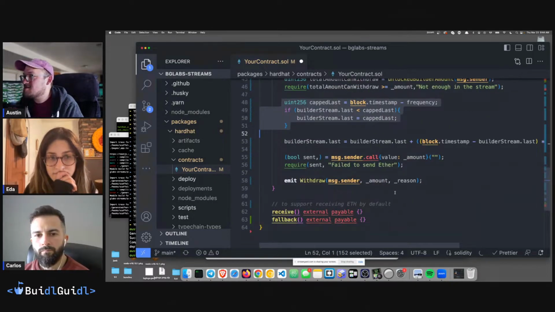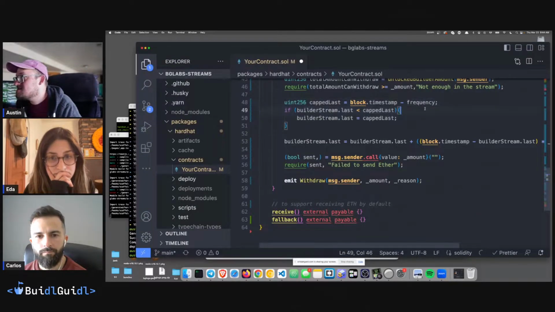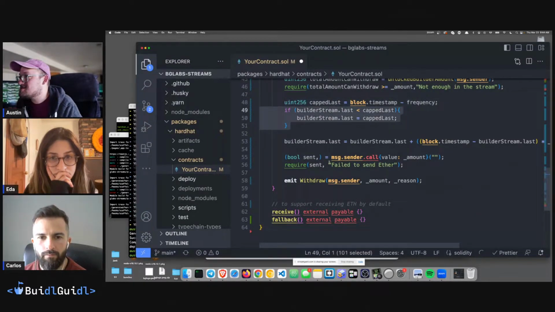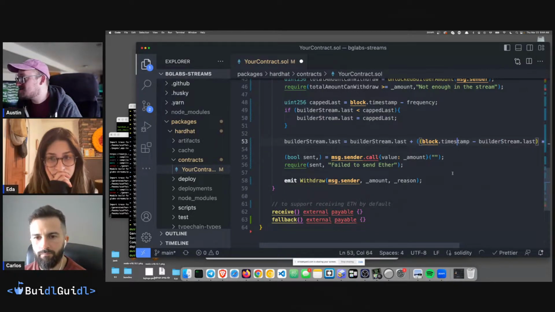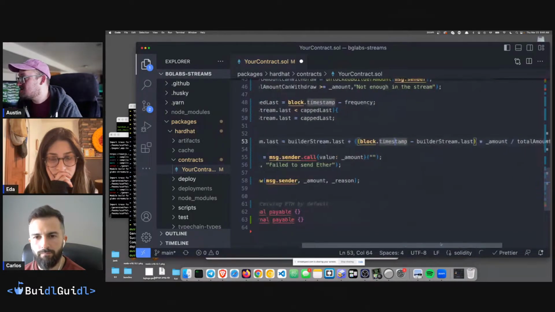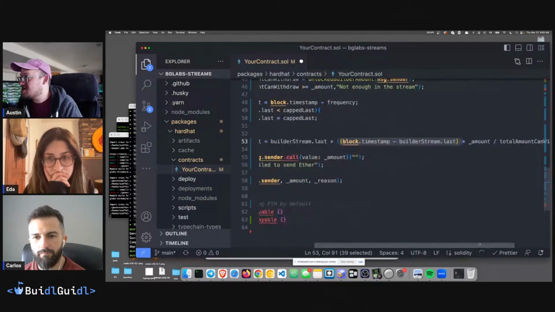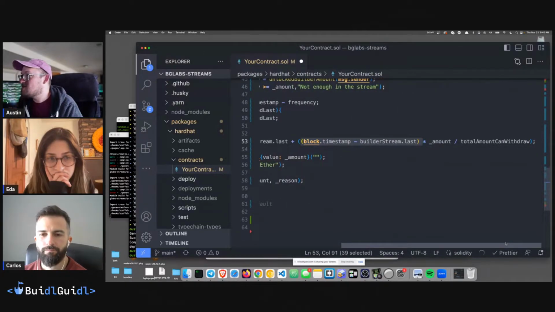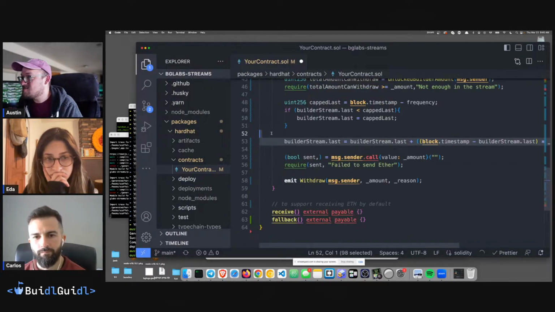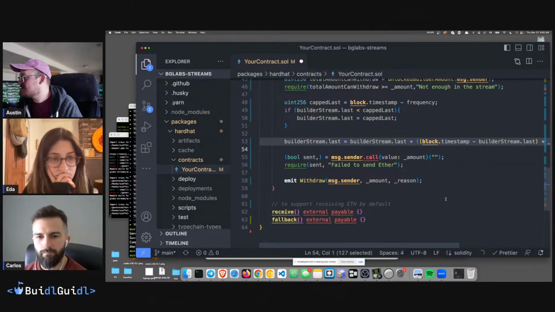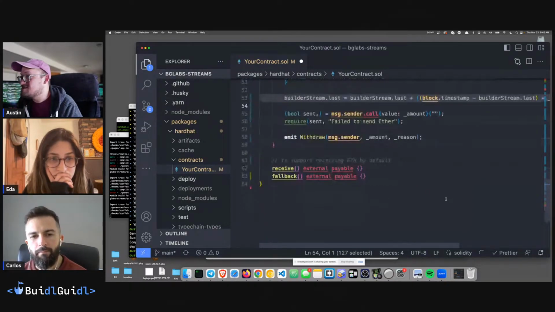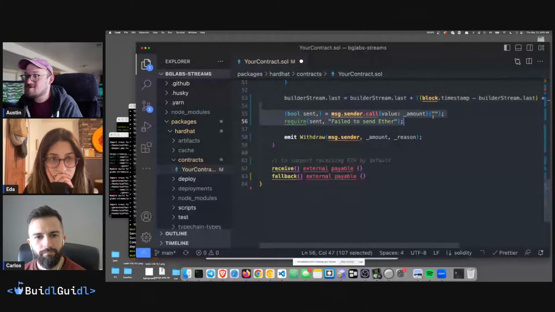We look at the last time, we're just checking to see how much they've gone, and then we do that same math there, right? Where we do the amount. This is looking at the total amount they can withdraw plus the extra time, right? And then we send it to them, and then we trigger an event.